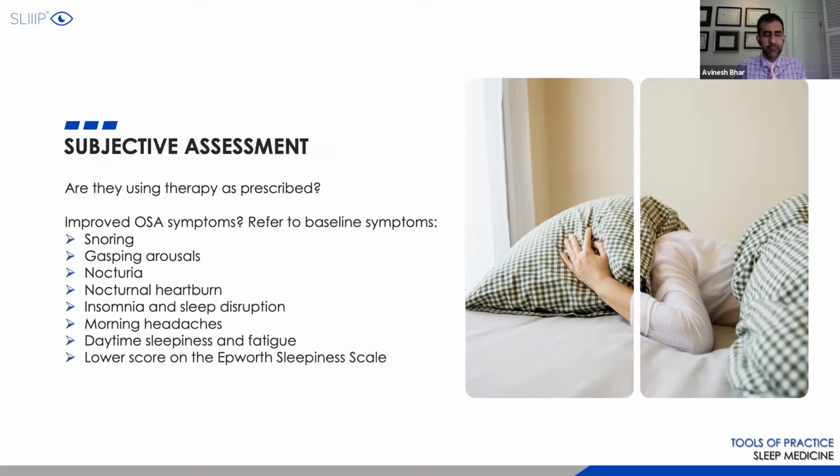Difficulty falling asleep. Sometimes as you're having an apneic episode, as you're falling asleep and your airway is collapsing, what tends to happen is that you then wake up in a hypnic jerk. So you kind of jerk awake. And so what the CPAP does is actually keep that airway open. So as you're drifting off as well, you can drift off. So you want to ask about the ability to fall asleep as well.